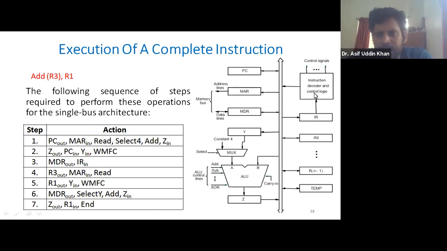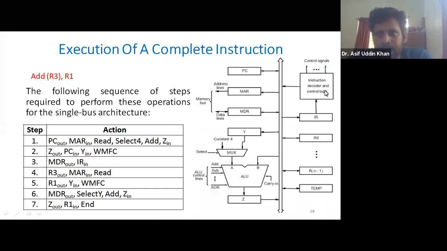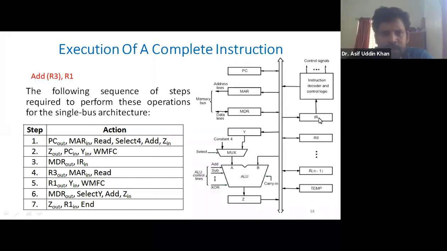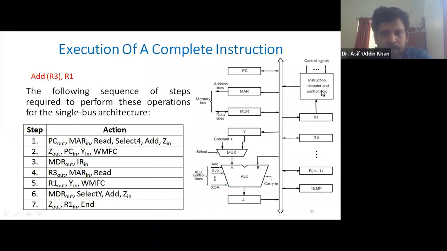This control unit has instruction decoder logic inside it, which will be used to decode this instruction. Decoding means finding out the meaning of the instruction, what to do, whether addition, subtraction or multiplication should be done. That will be known at this step.